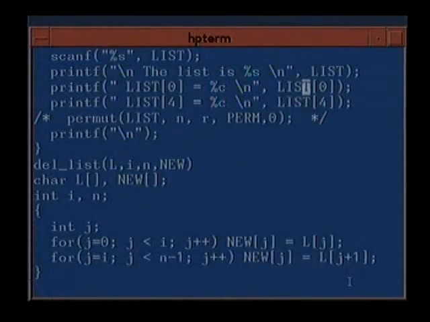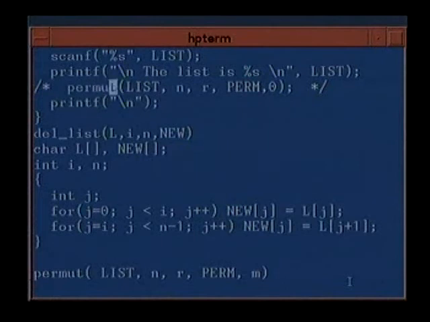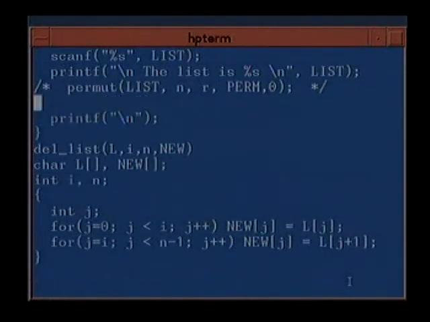And if you call it from here, let us delete these. After having read the list, suppose we call delete list with list comma I, say let us call it with 3. You can enter I, but we are purposely giving 3, or let us give R because we have read in a variable R, n, and let us take it in the other character array perm, which we have.